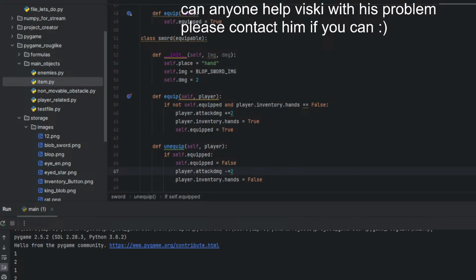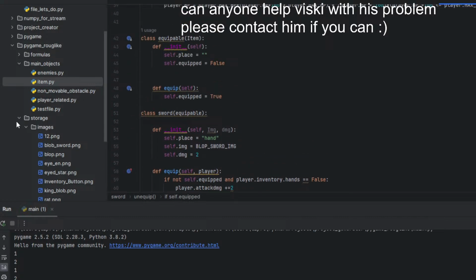Okay, simple case. Now, what else can we do? What could we also do? I got an idea how we can let him drop.